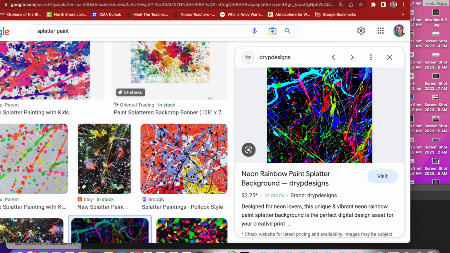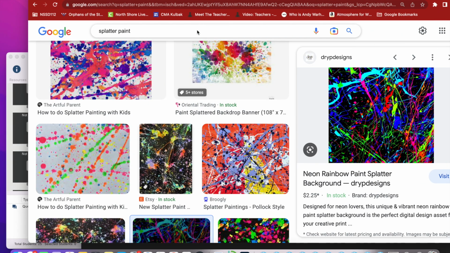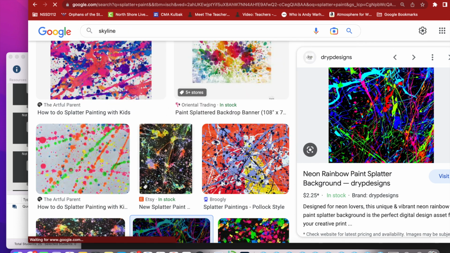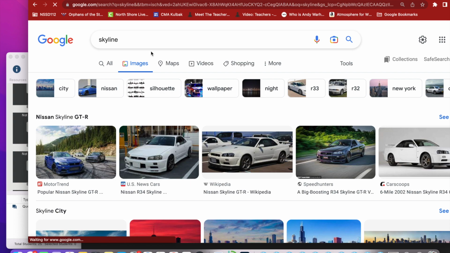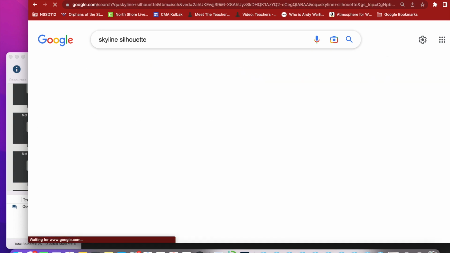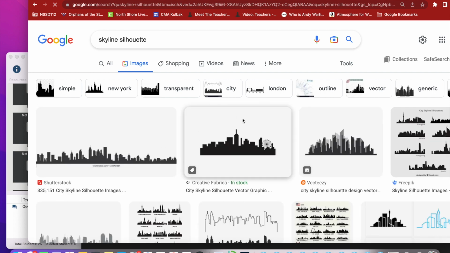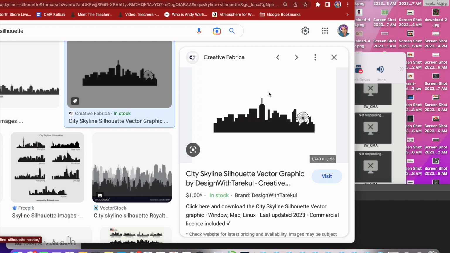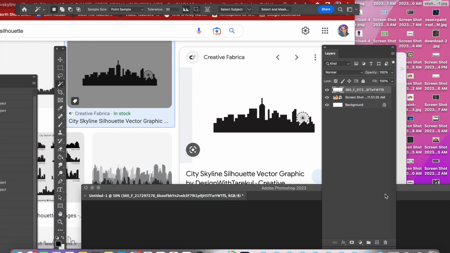Click on the image so it's nice and large, and then either drag and drop to your desktop or screenshot it or control click and save image as. Next, you're going to type in Google Images skyline silhouette, and you'll find lots of skyline silhouettes. You only need to choose one, whichever one you like. Click on it to make it large, drag and drop it to the desktop, or control click Save Image As